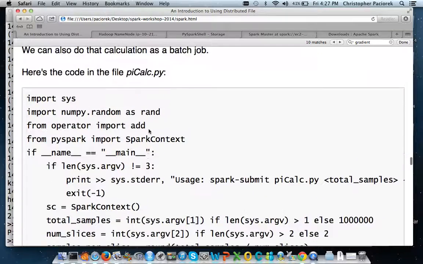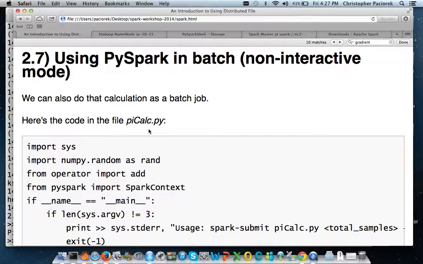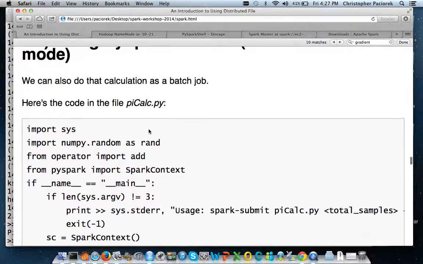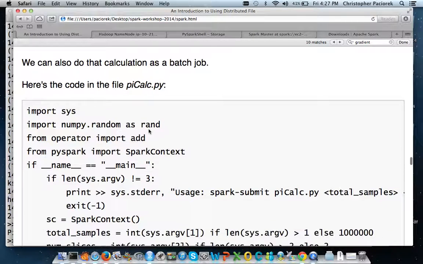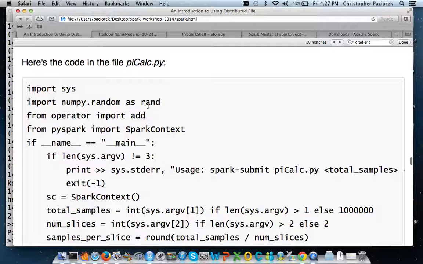Okay, and then one comment here. So far, everything we've been doing has been interactive in the Python session. And so you can, of course, do any of this in batch. And so I just have an example with the calculation of pi where we can do it in batch. So I created a file called pycalc.py. It's in the repository. And it's basically just the code that I had for doing the pi calculation that we